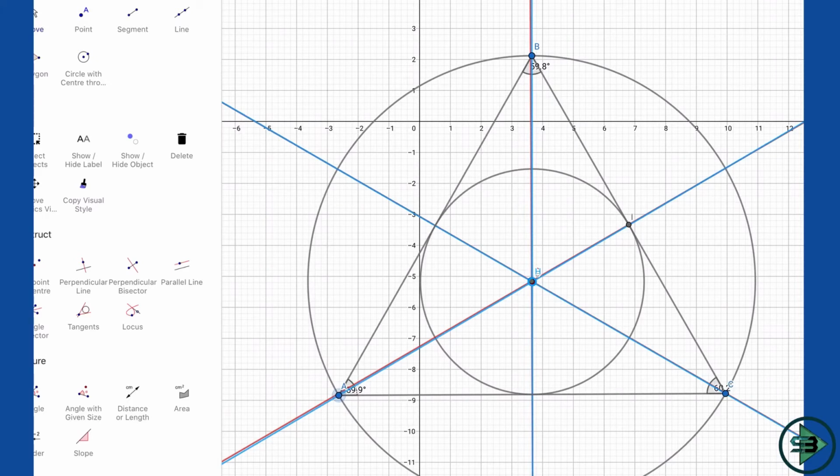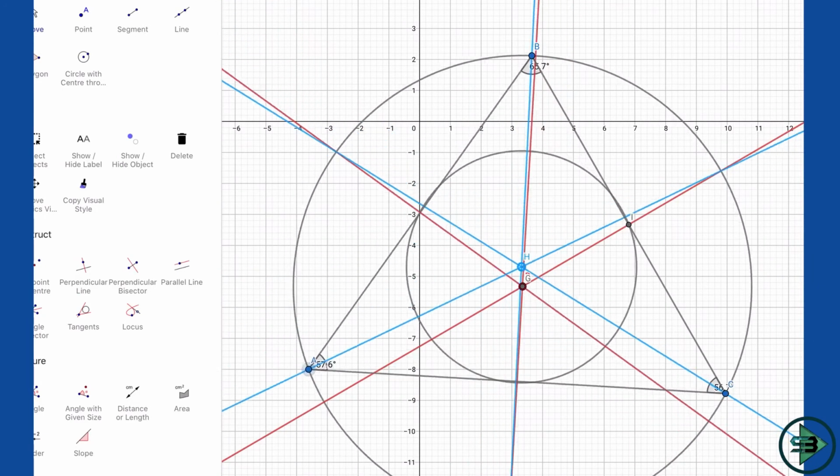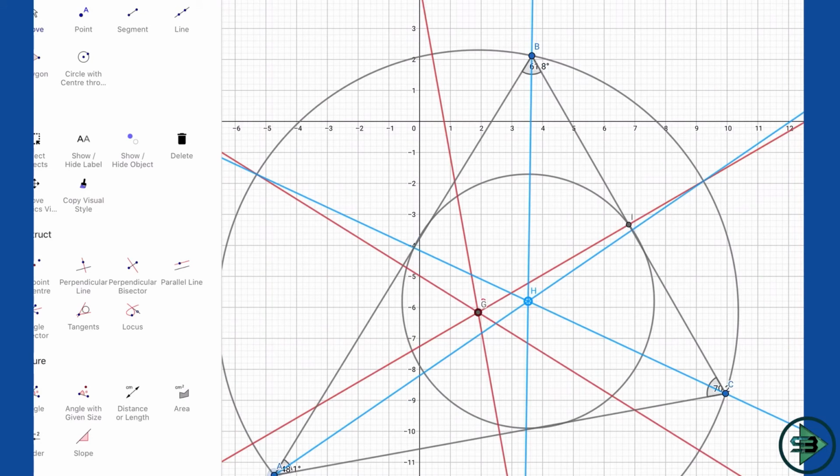So if you make all the angles 60, circumcenter becomes equal to incenter, and that's why both the centers are the same in an equilateral triangle. But if it is not equilateral, then the centers could be placed anywhere. Correct? This is not an equilateral, so both of them are different. Now let's see the last part, which is a median.